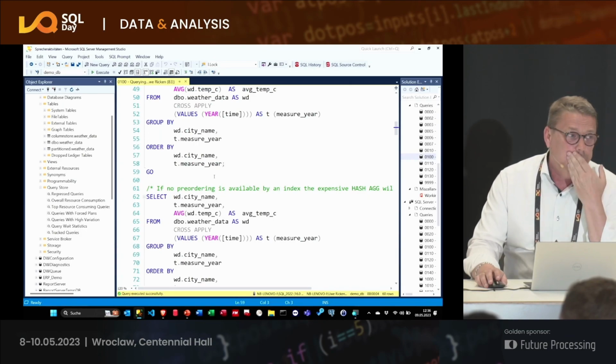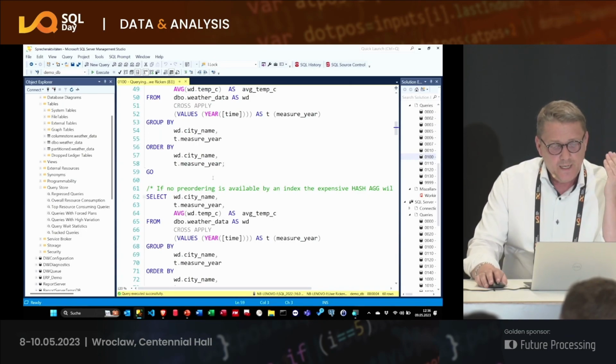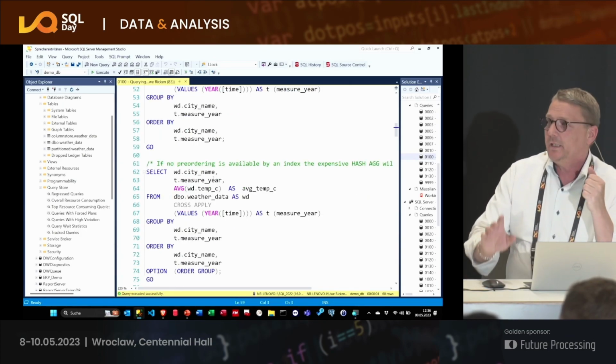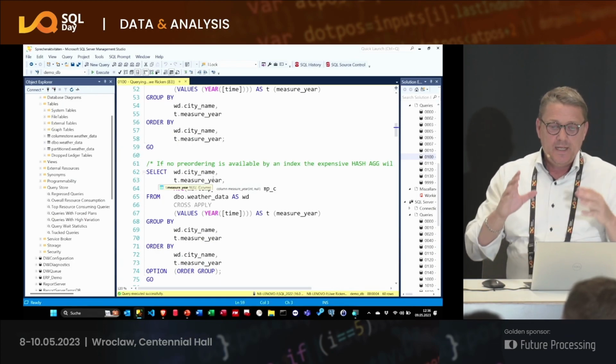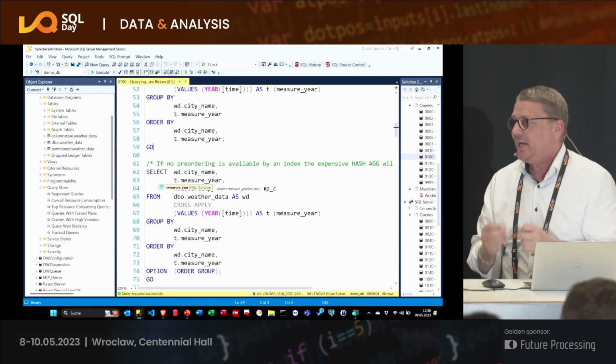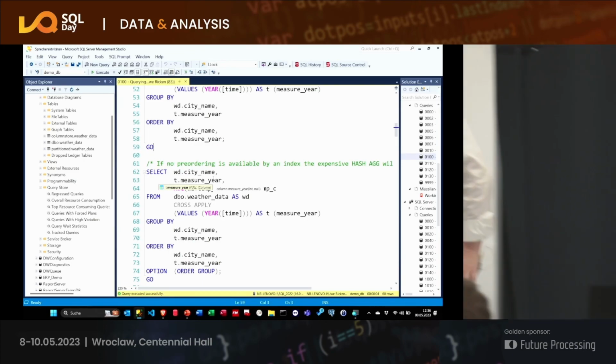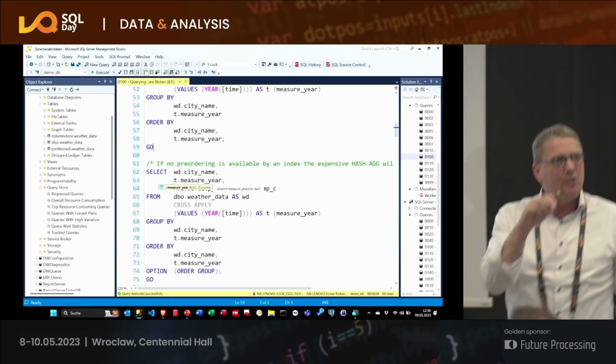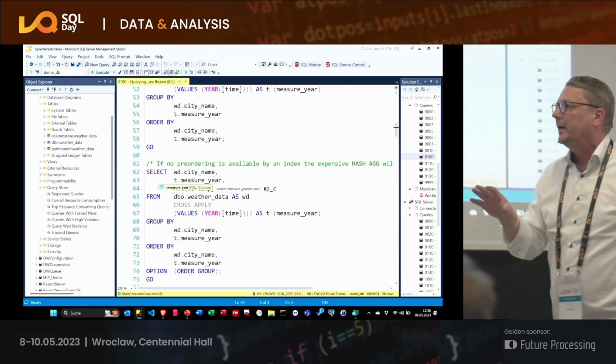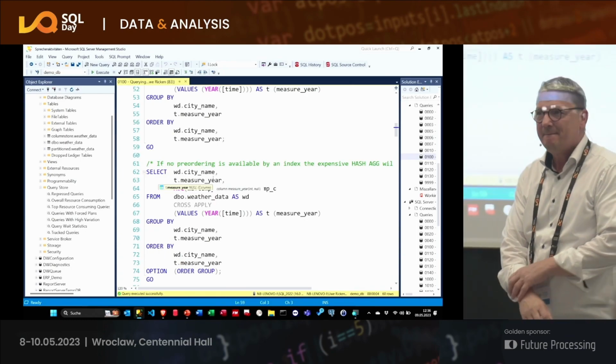If no pre-ordering is available, then we must have the hash aggregation. Do you know any technique how we could do a pre-ordering of these values?